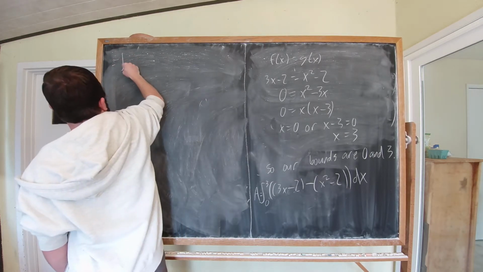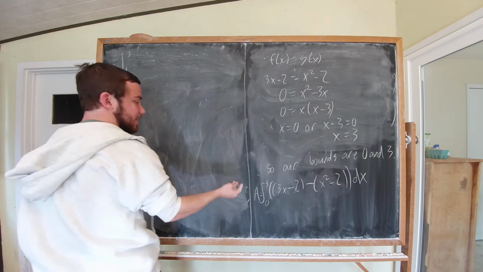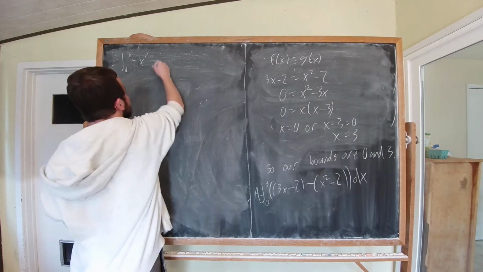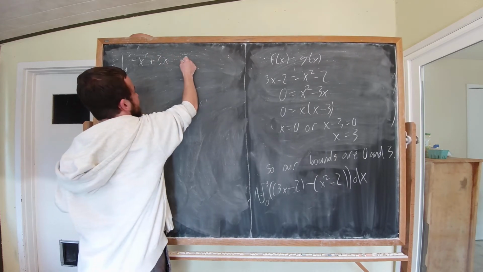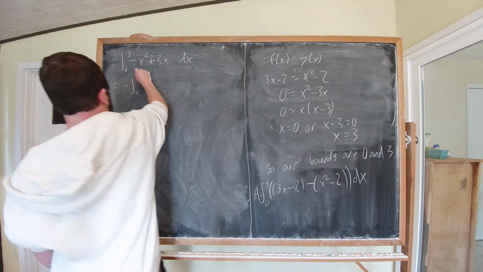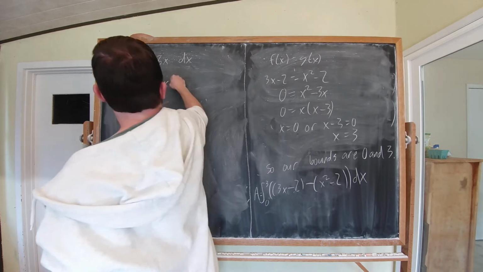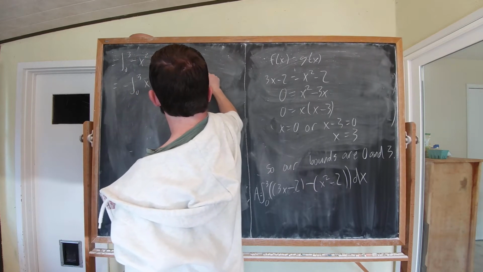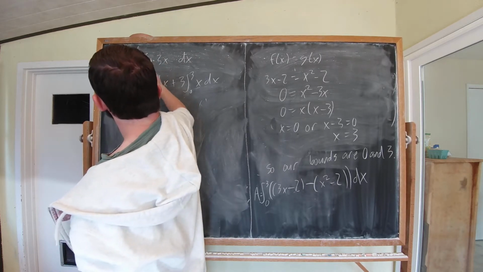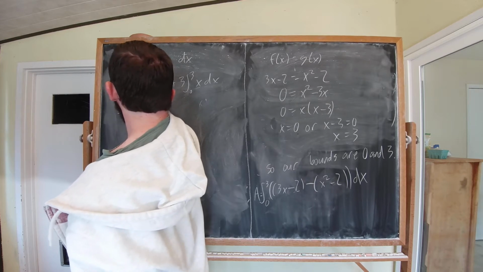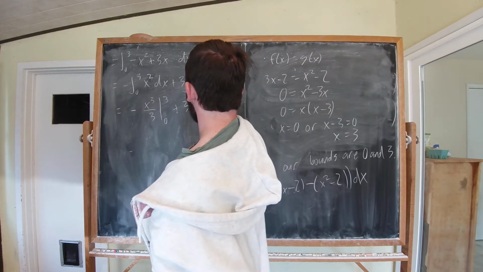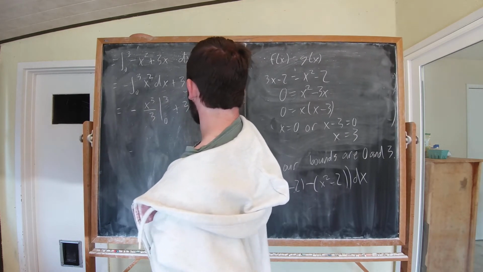Very similar to the last one, just with changed bounds, so I'll kind of speed through it. It's going to be the integral from 0 to 3 of negative x squared plus 3x dx, which is negative integral from 0 to 3 of x squared dx plus 3 times the integral from 0 to 3 of x dx, which is negative x cubed over 3 going from 0 to 3 plus 3 times x squared over 2 as x goes from 0 to 3,